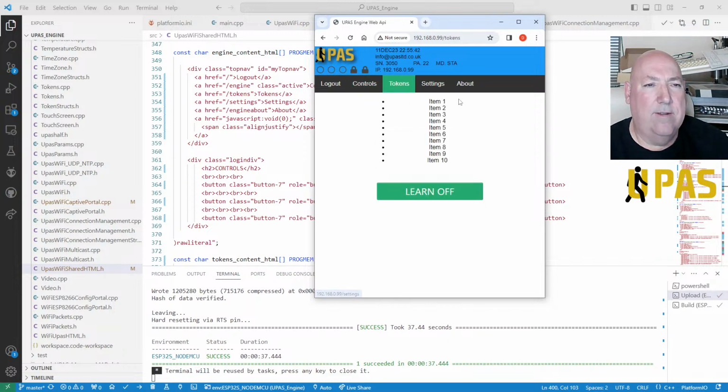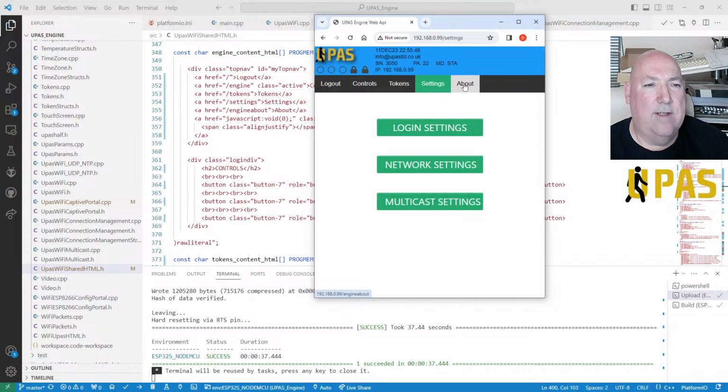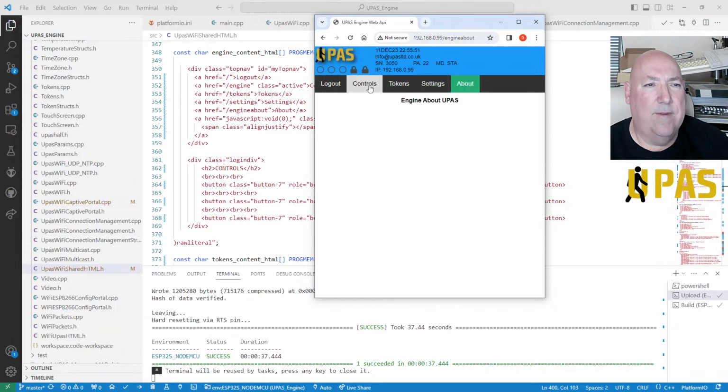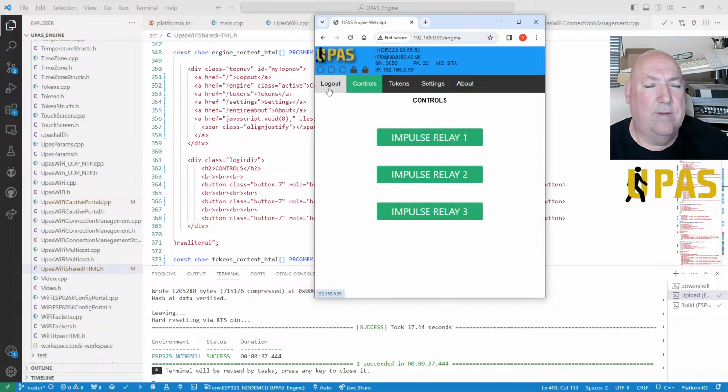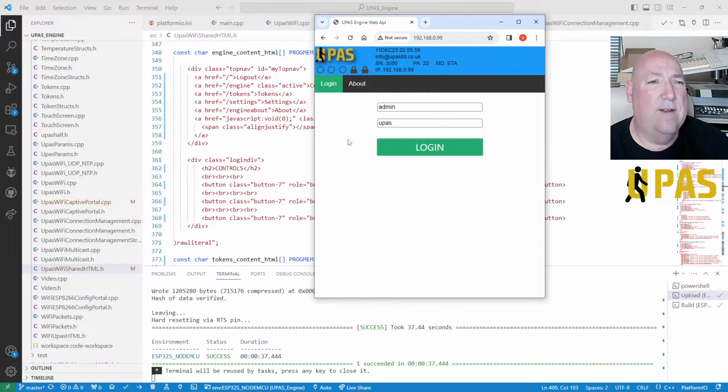Okay, so tokens. We've got the learn on, learn off. Settings and about, yeah. And your controls. Okay. And we can log out. Fair play. Okay, got a bit of progress there.